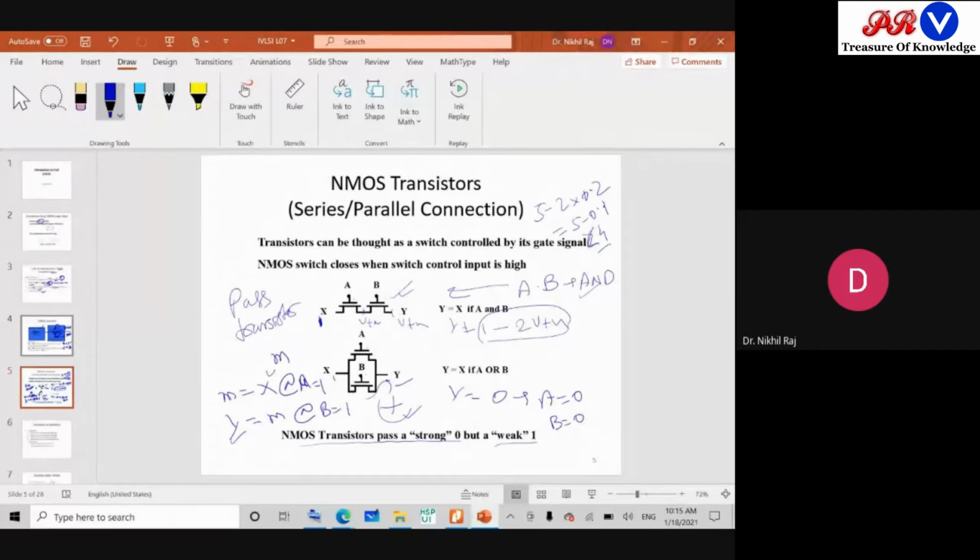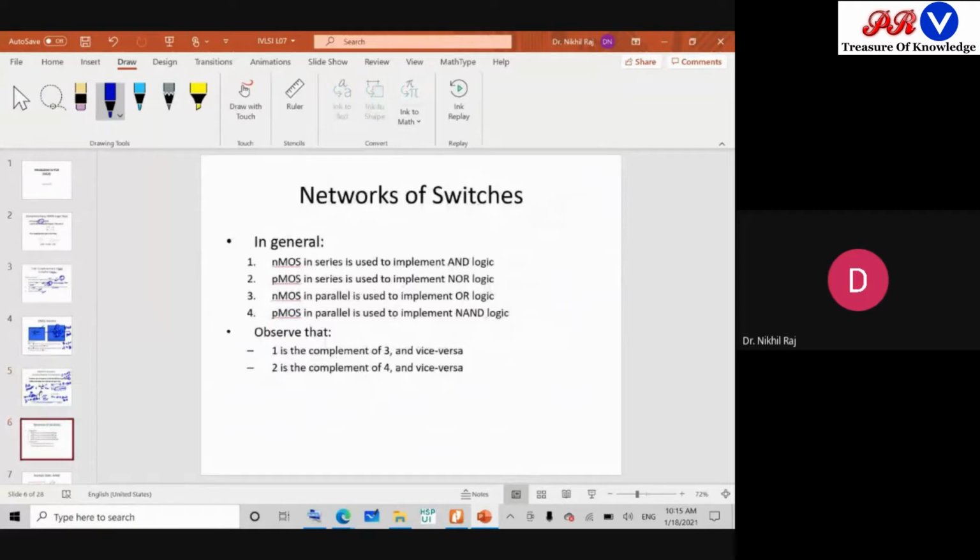So where logic levels are not very important, we go for pass transistor logic. What happens in this? We get a reduced number of transistors. This type of realization is also possible. However, the logic level was a problem, so that's why we are moving to CMOS logic. Now this CMOS logic we also call a switch network, because we deal with switching functions. We have to switch either to logic 1 or to logic 0. So it is also a switching network.